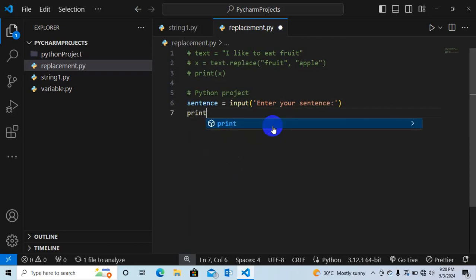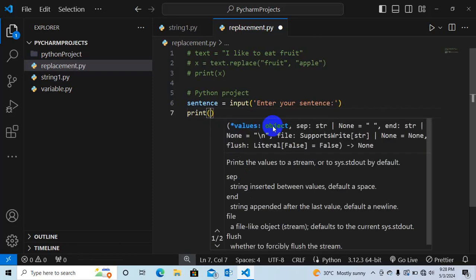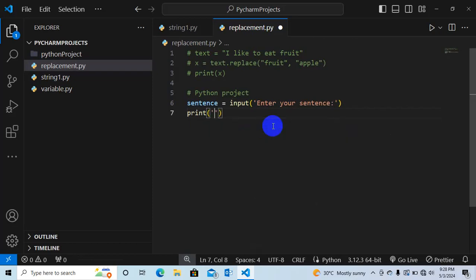We're going to use the print function with concatenation. In single quotes I'll say, your sentence is, plus the variable we declared, sentence. Okay, so we can save this.